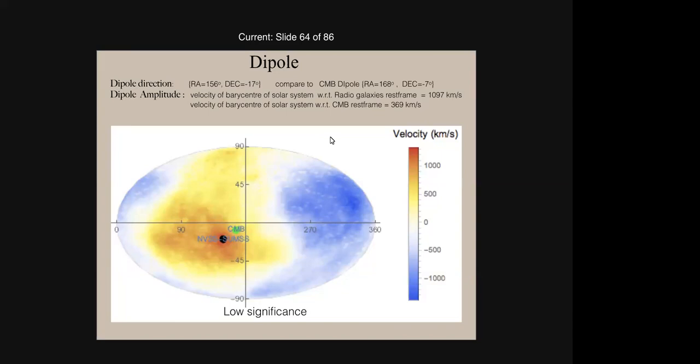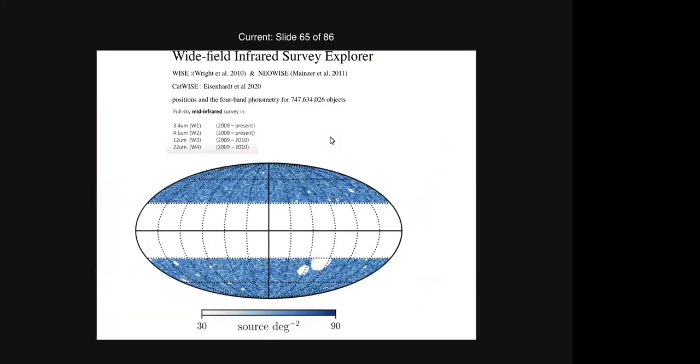So how do we increase the statistical significance? We looked at a completely different data set, and we were very lucky. Note that these data are from telescopes on the ground. Next, we were very lucky that we had WISE. It's a telescope that scanned the full sky. It scanned about 700 million objects. All of them, of course, are not sources that are of interest to us, so we have to clean them up. It observed in 4 bands. And you see, this is the distribution, finally, of the sources that are of interest to us.